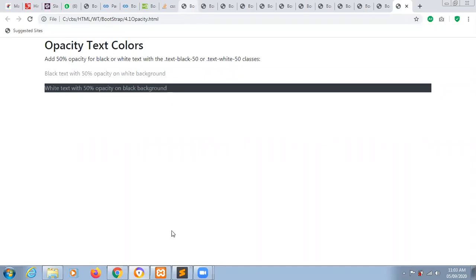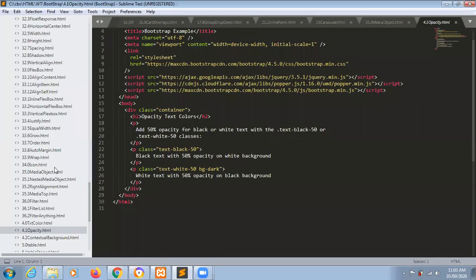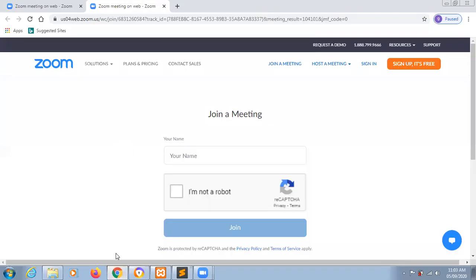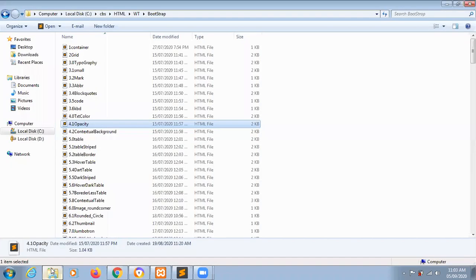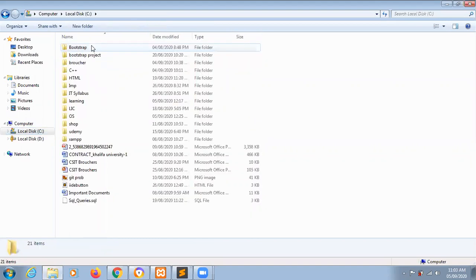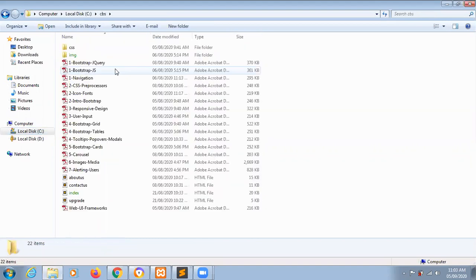Okay, sir. So you have completely done with the Bootstrap documentation. Now you can show me the Bootstrap project. Project with assignments. Show me the assignments. You need not show each and everything which you have learned.